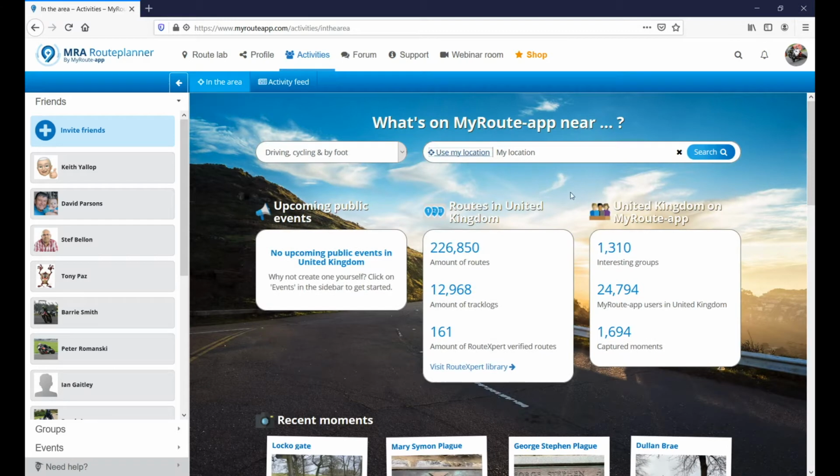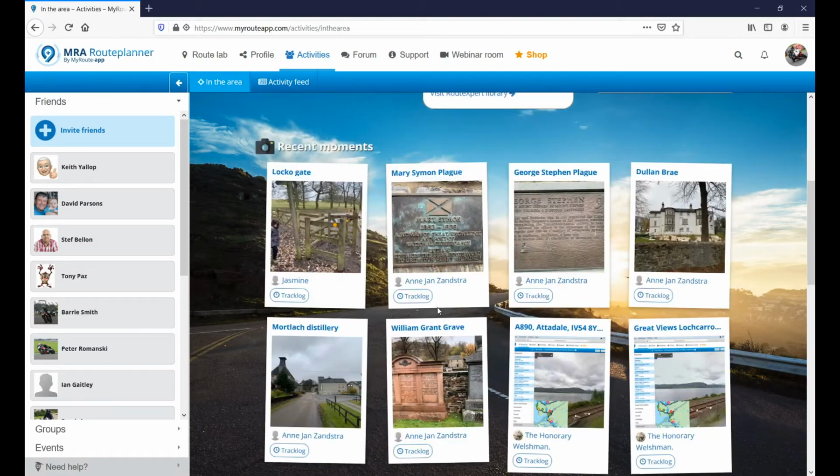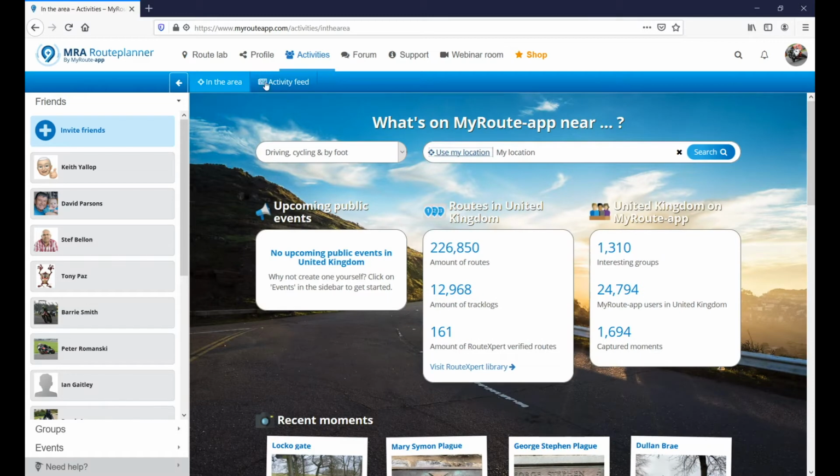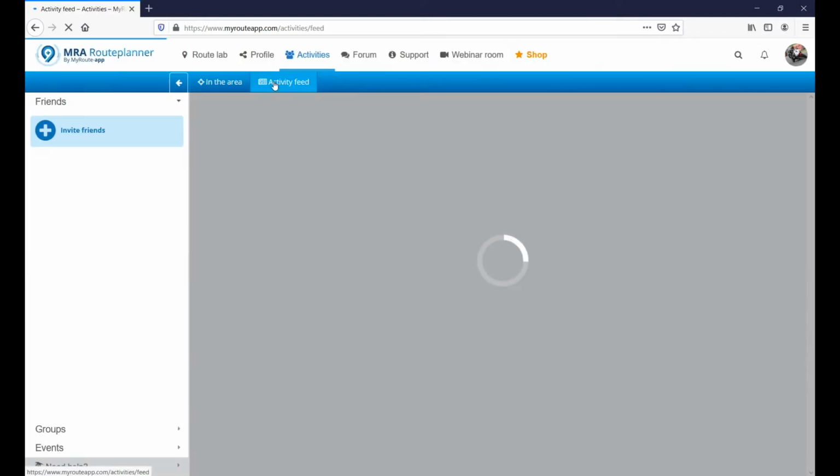and it doesn't do it down to a regional basis. As far as I can see, it's only on a countrywide basis. So here in the United Kingdom, it's showing the amount of routes, the amount of track logs, groups, the number of users in the UK, and then also a number of recent moments that MRA users will have uploaded. Click on activity feed,